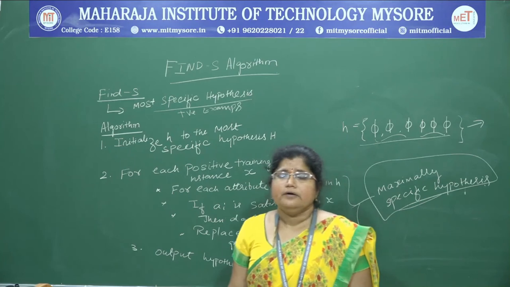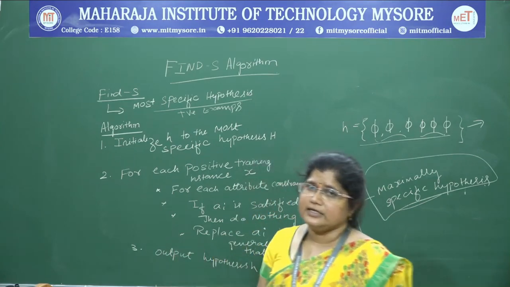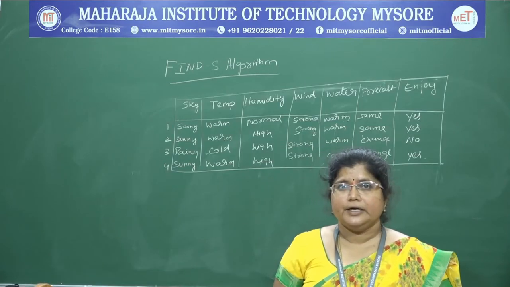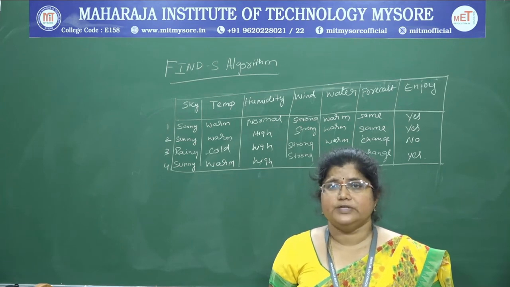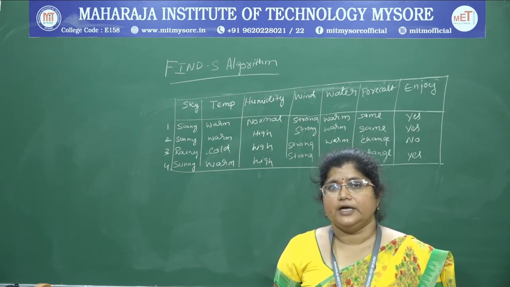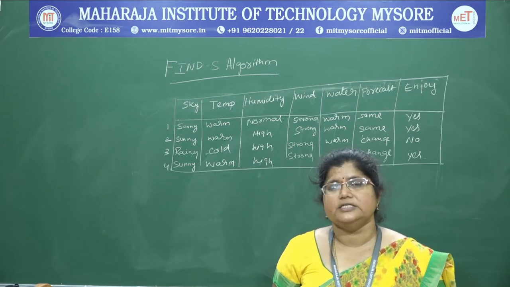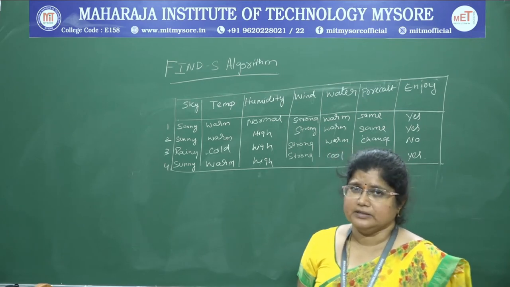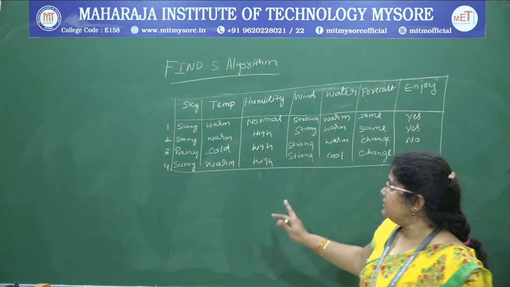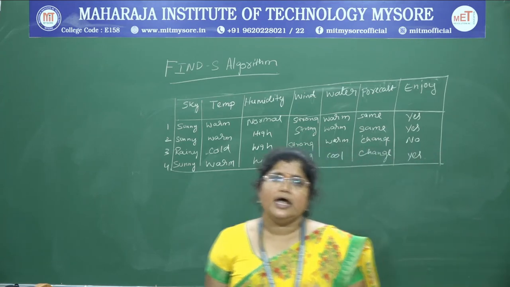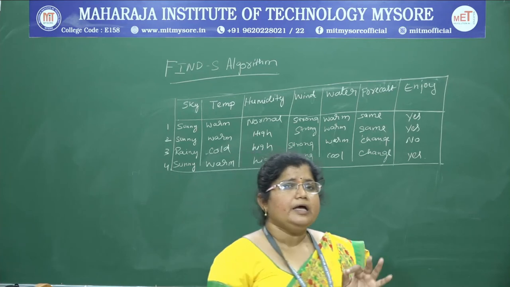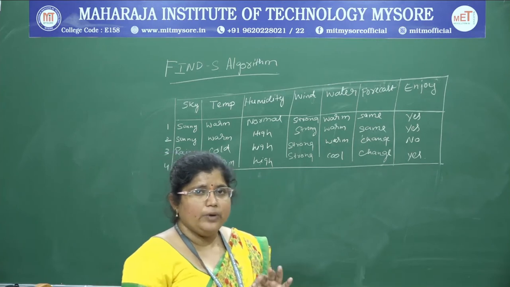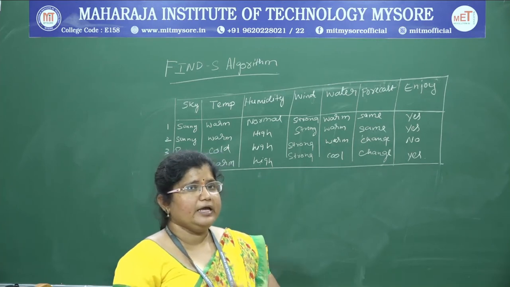Now let us look at an example of how the Find-S algorithm is going to work. It requires a class, which defines an object, and based on the attributes it classifies whether the particular object belongs to the class or not. Based on concept learning, a data set is generated. The concept here is that a person named Aldo wants to play a water sport. There are attributes which indicate whether he is going to play a game or not.